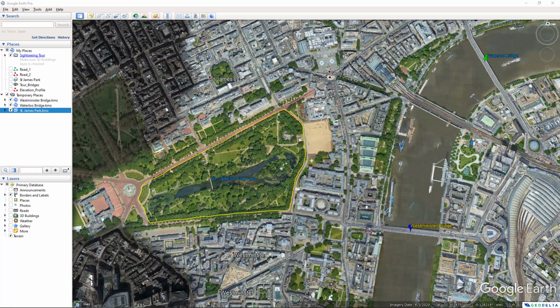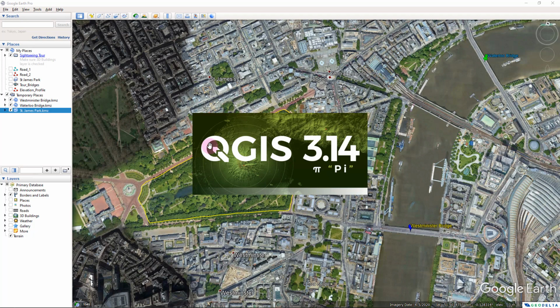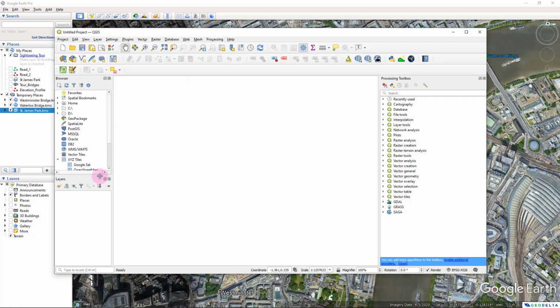And for this, you will definitely need to have QGIS installed on your computer. And I'm going to open up mine. I have version 3.14, which is one of the recent versions of QGIS. And now I'm going to show you one of the easiest ways of adding these KMZ files into our